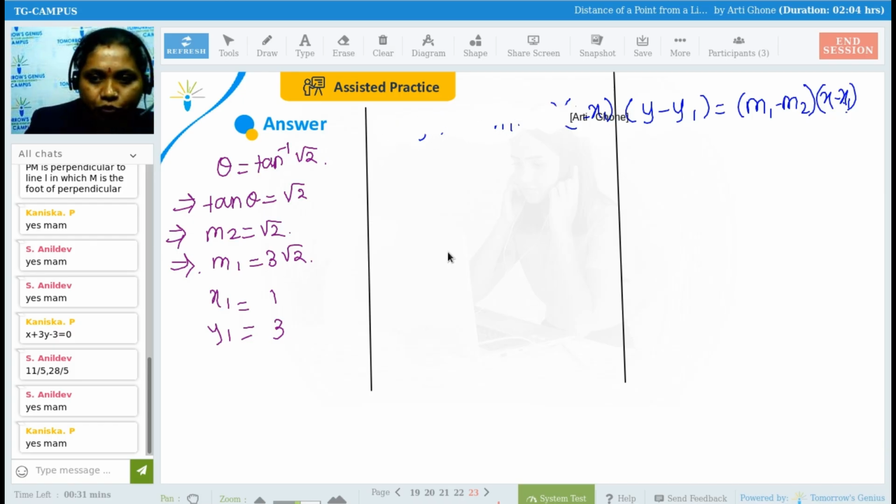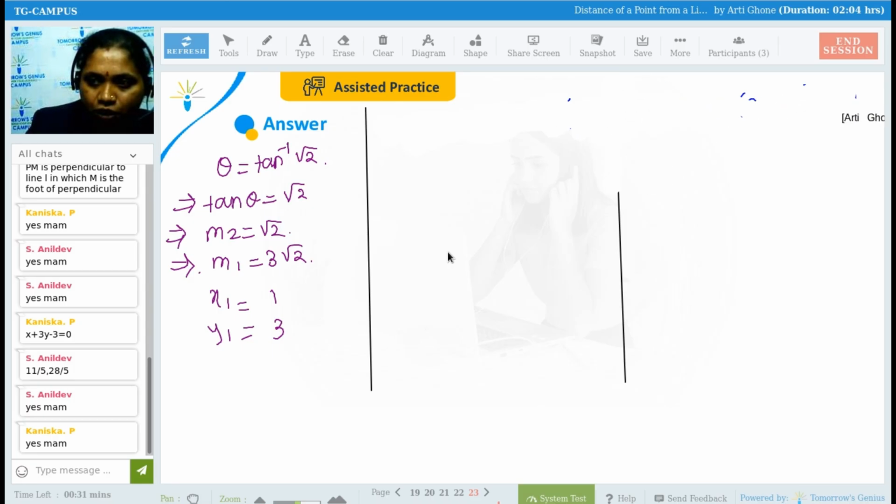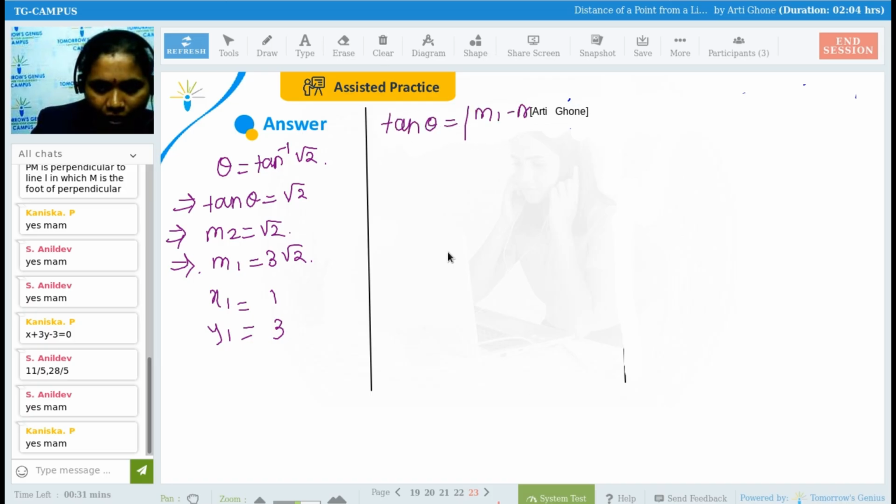If this is not a better way to work, just see this one, another easy methodology to solve. We know the tan theta value. Tan theta is equal to m1 minus m2 upon 1 plus m1 into m2. Just work with this one, this one will be helpful for you. Okay. So tan theta is equal to m1 minus m2 upon 1 plus m1 into m2. So put the value of m1 as,